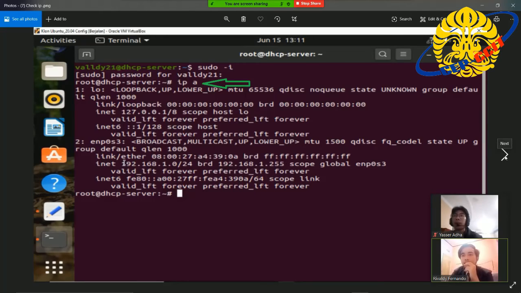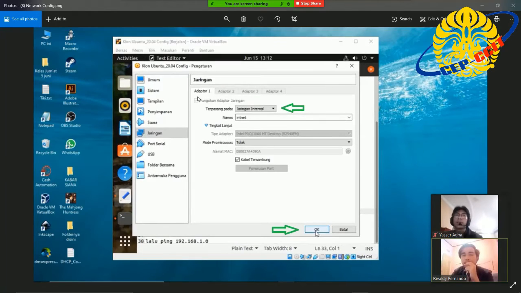And next, because we are using VirtualBox, here you can open the settings on VirtualBox and click on network, or jaringan in Bahasa, and click the network setting and change it to internal network.